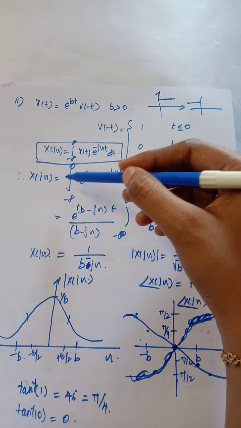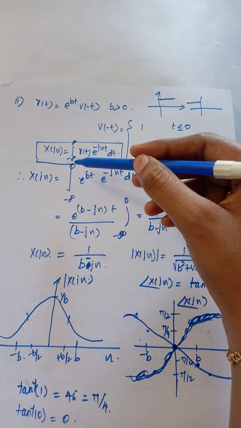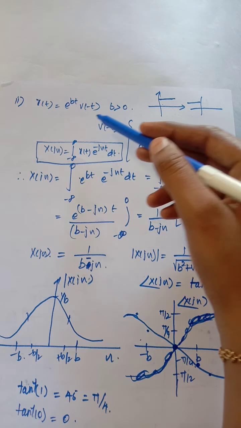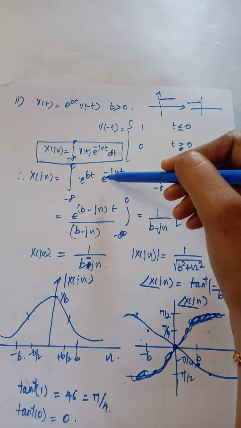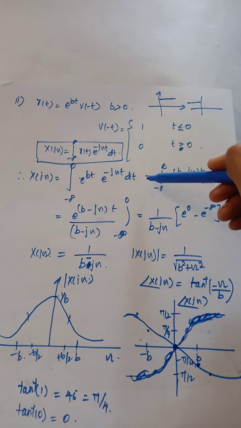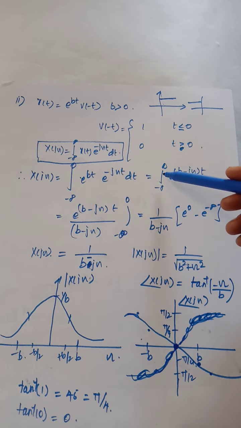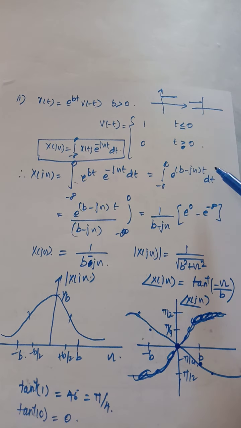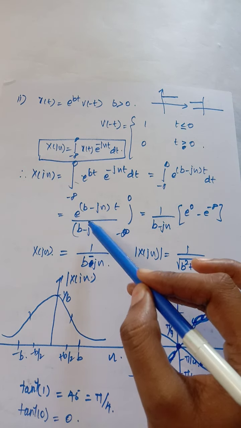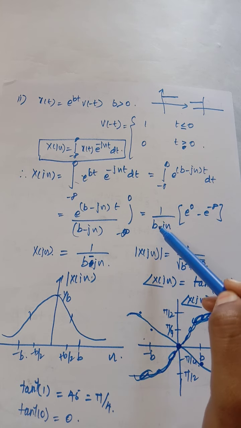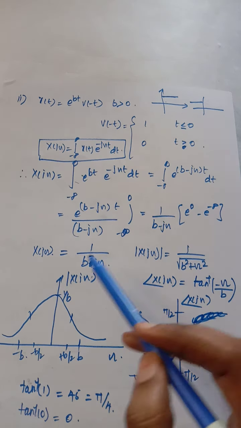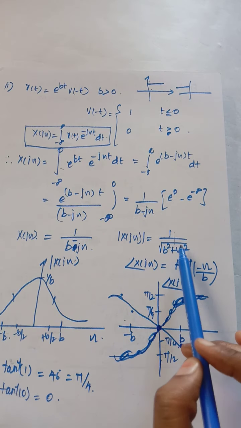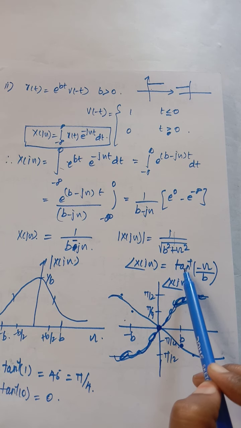So here X of j omega is equal to the integral from minus infinity to 0 of e power bt, with u of t reversed, right? So e power minus j omega t dt, which is equal to the integral from minus infinity to 0 of e power (b minus j omega) t. So when you integrate it, I will get 1 divided by b minus j omega. Now I am going to find the magnitude and phase spectrum. So this is the magnitude spectrum, and tan inverse of